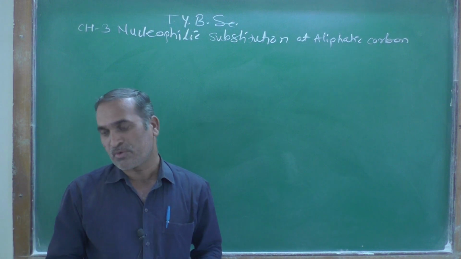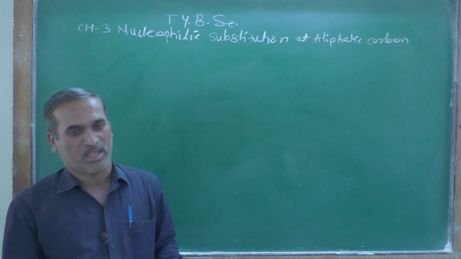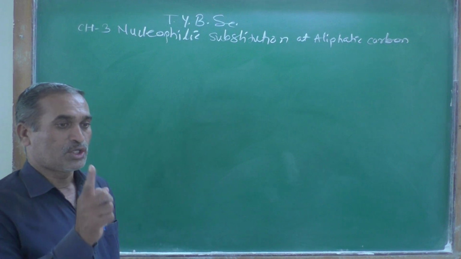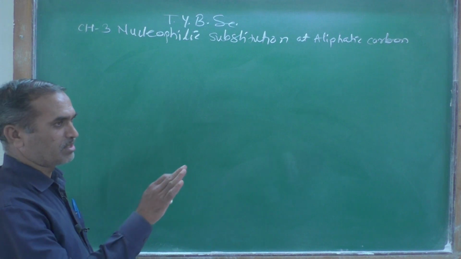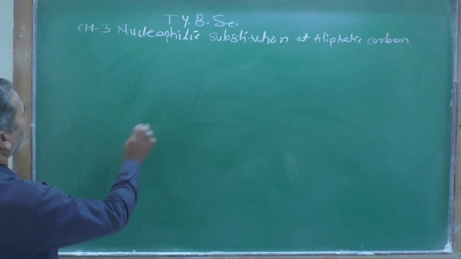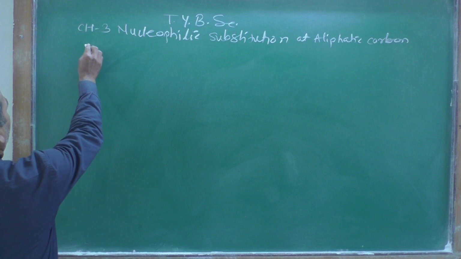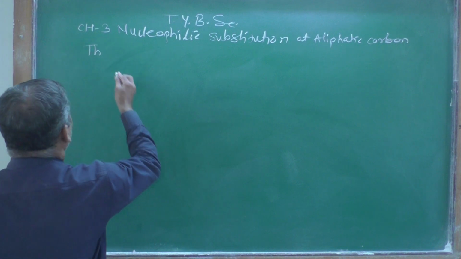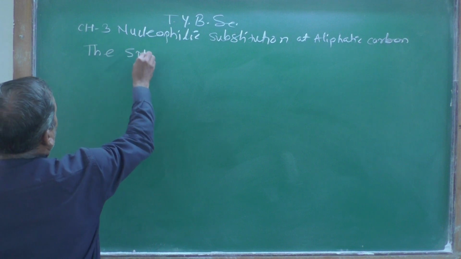In the energy profile diagram for the SN1 reaction we got two transition states, and with the help of a suitable example we have seen this. So today we are going to discuss the SN1